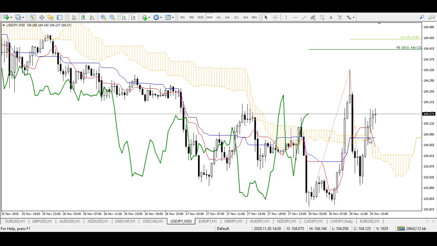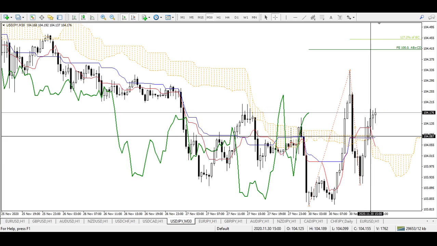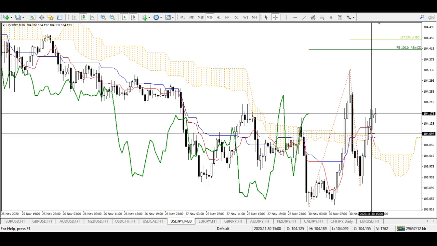line as well as above this Ichimoku cloud, because the first line of Ichimoku cloud is first resistance, second line was also pretty near, that was the second resistance. I wanted all these resistance to be broken. So when market came above this Ichimoku cloud as well as the blue line, I took my position at 104.10,